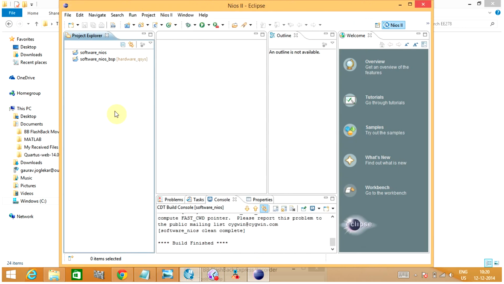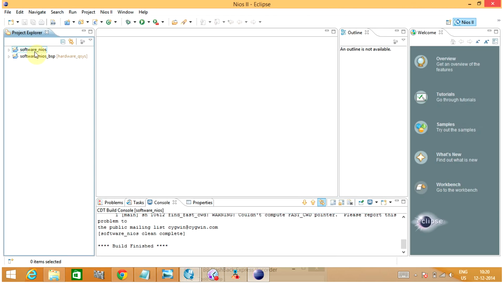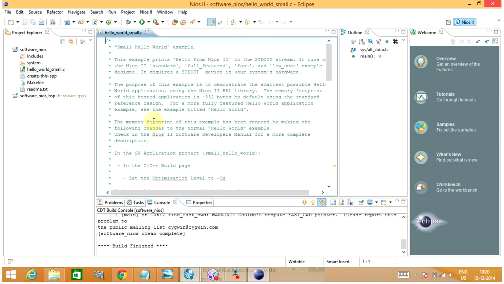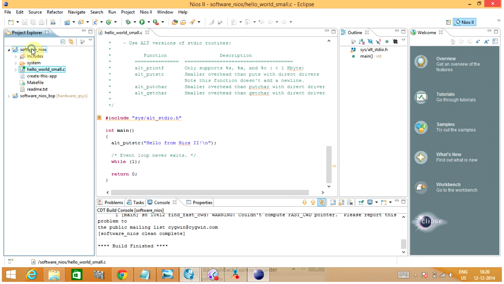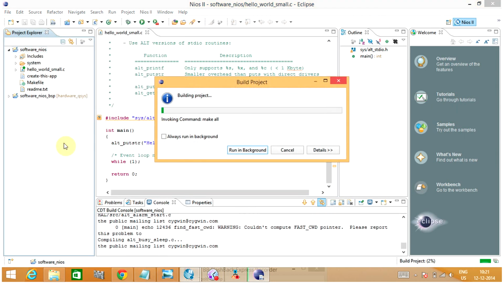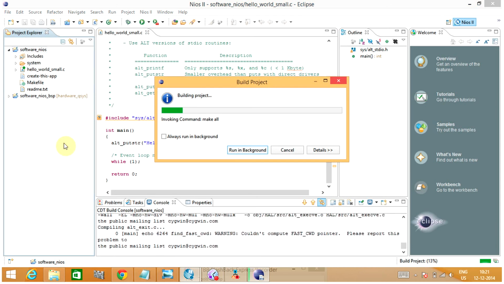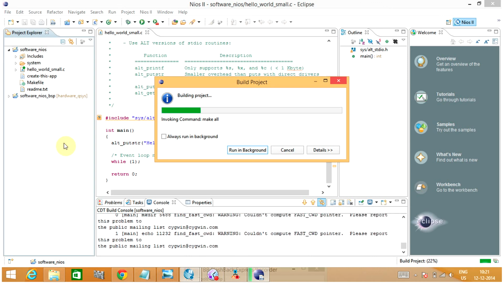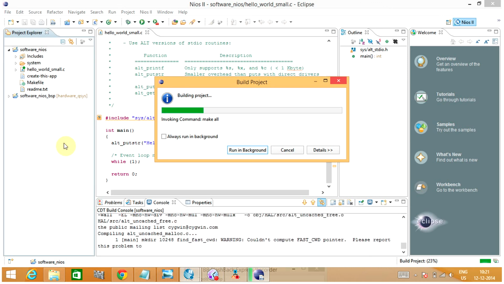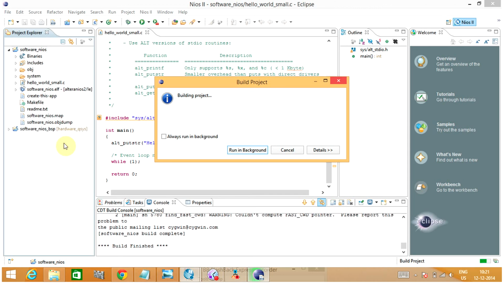We'll first try running the hello world program, to see if the hardware is responding to it and giving us the output. And if it does, then we could try running a C code onto it. So here you can see it's the hello world code over here. If we have made the connections correctly and the hardware has been built properly onto the board, we'll get an output from the board saying hello from Nios. So we first need to build the project, and after building the project we need to run it as hardware.